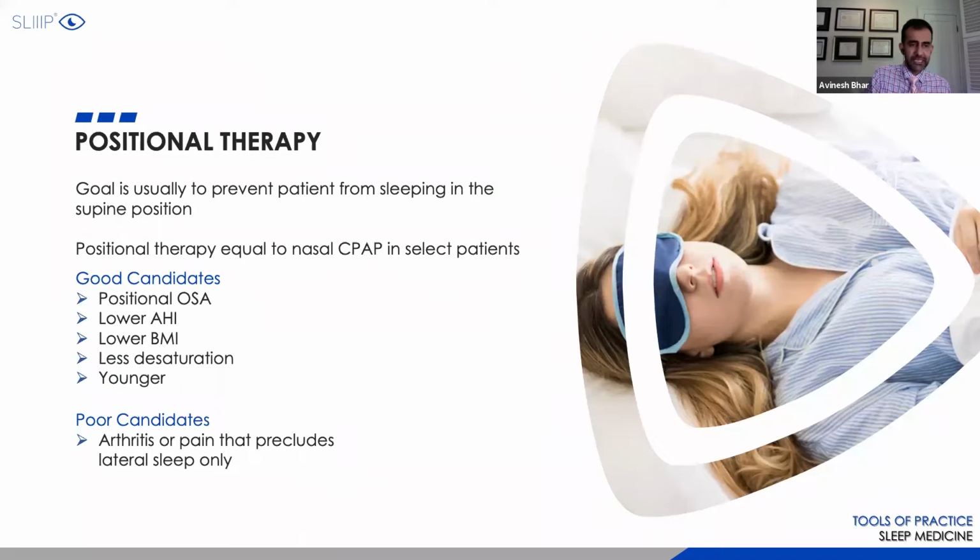There's a lot of these new devices up now where you can wear a vest that has something on their back that irritates them, makes them uncomfortable when they're laying on their back, so they'll turn over. And you find online as well things that you can do as a home remedy. But again, the analogy would be the same way that the surgeon has to evaluate someone beforehand to see whether, okay, if I can get rid of the adenoids or if I can do the UPPP surgery, but am I going to find that this patient actually has collapsibility in different areas? And are they going to slowly progress to that?